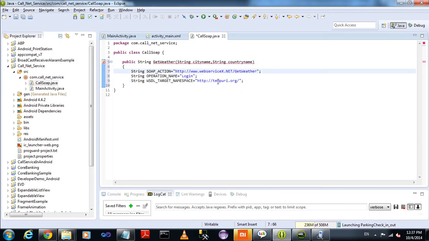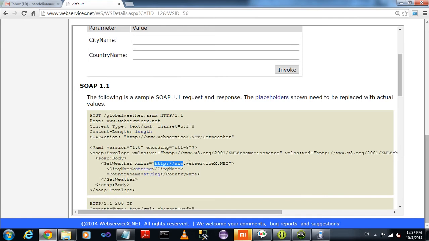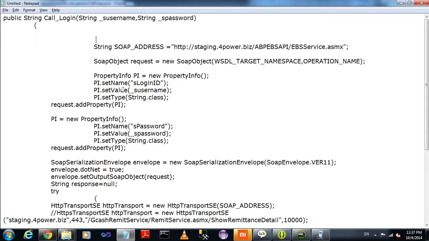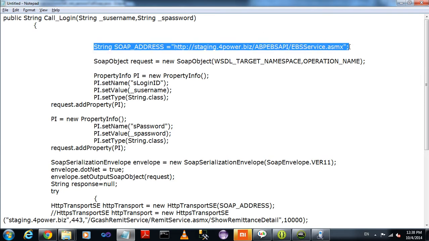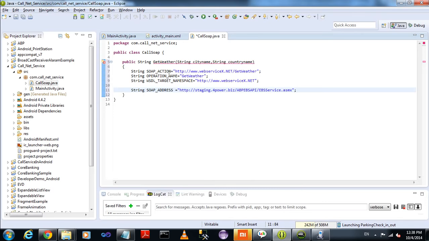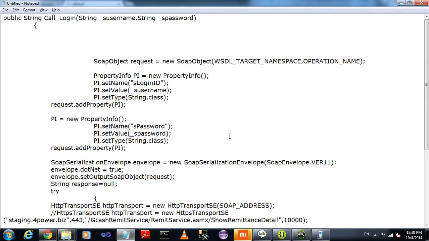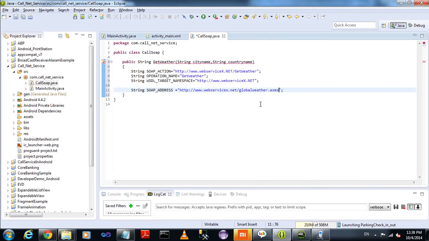Just change the method name to get weather, and paste. Now copy the soap address and change it. For my soap address, let's go to the site and copy the service location, webservicex.net global weather.asmx, and paste.